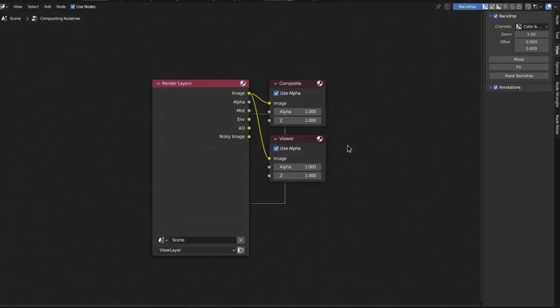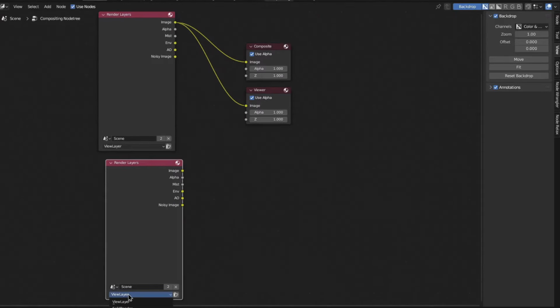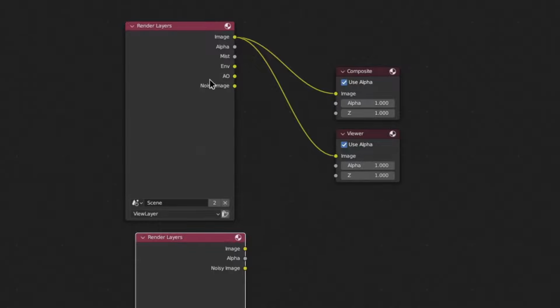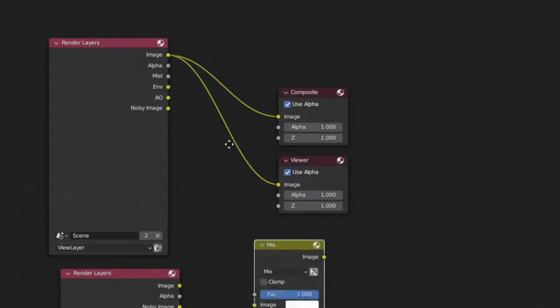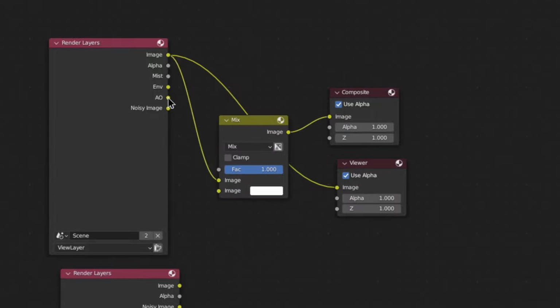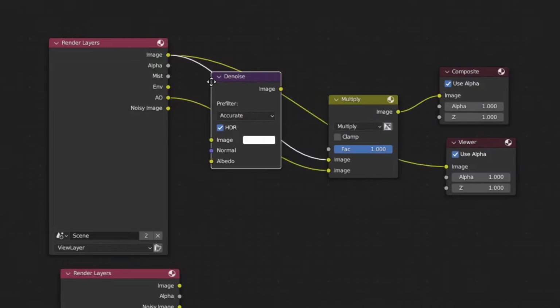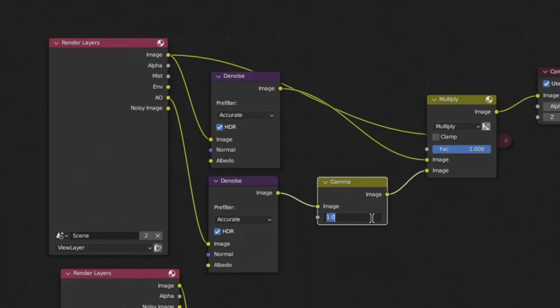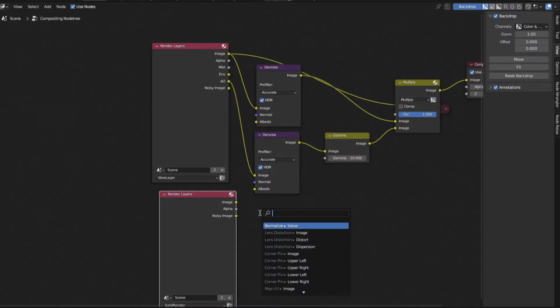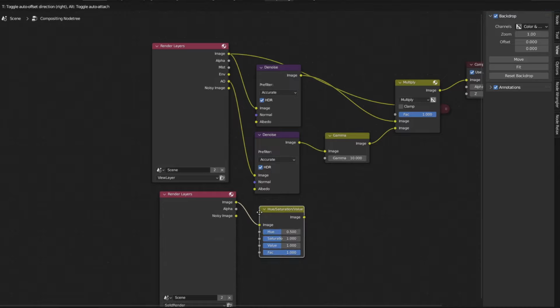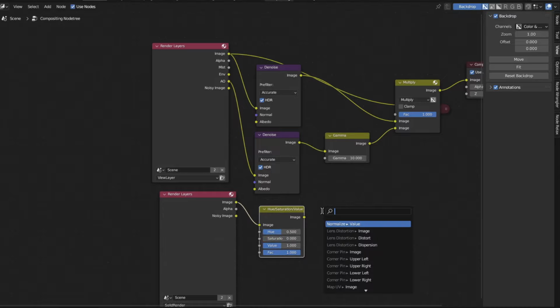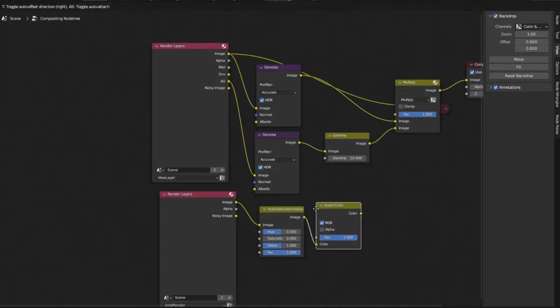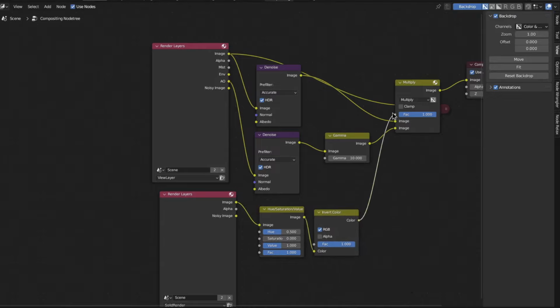Next, in the compositor, add a Render Layers input node and set it to your Solid Render layer. You'll notice the outputs on each layer are different based on their enabled render passes. Add a Mix node, plug your main layer's image output into color slot 1, plug the AO output into slot 2, and set the blend mode to multiply. If you want things to look a little prettier, go ahead and add a denoise node to each output and a gamma node set to 10, or whatever you want, to the AO to help darken it. Plug the solid render layer's image output into a Hue Saturation Value node and set the saturation to 0 to make it grayscale. Plug that into an invert color node, set the factor to 1, and plug that into the factor of our multiply node.